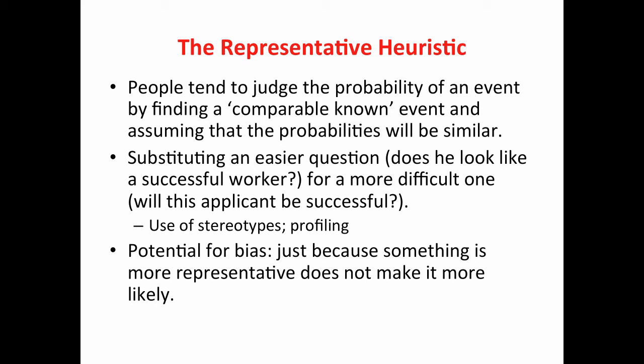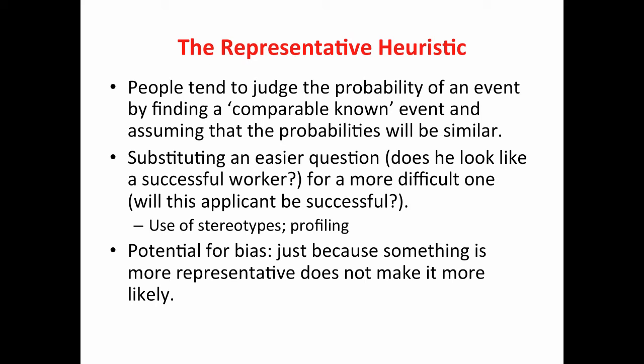So, for example, in a job interview, the interviewer or the hiring manager may look at the resume and say that this applicant is a graduate with a business major from a Big Ten university and president of fraternity ABC. Well, our best workers have been business majors from Big Ten universities and presidents of their fraternities. Therefore, this person will be a successful worker because he resembles those others. So you're substituting an easier question: does this person look like a successful worker? For a more difficult one: will this applicant be successful? Okay,